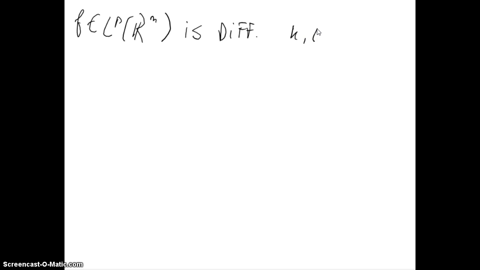Okay, so let's define differentiation for L^p functions. A function f in L^p(R^n) is differentiable in L^p with respect to the kth variable if there exists